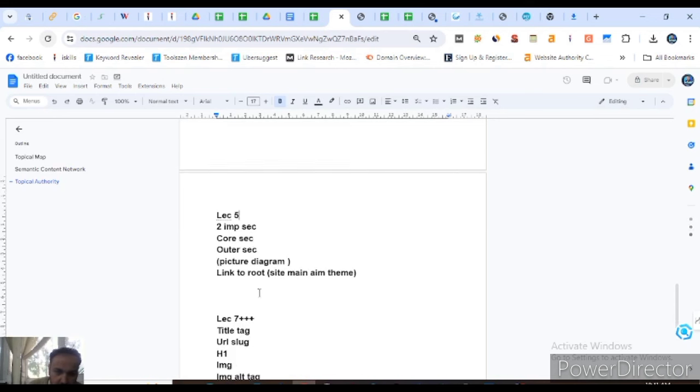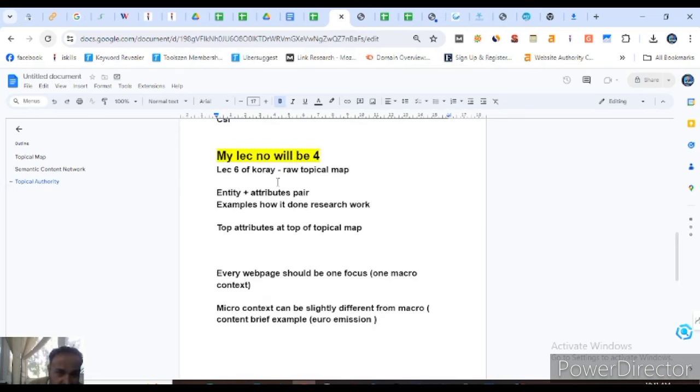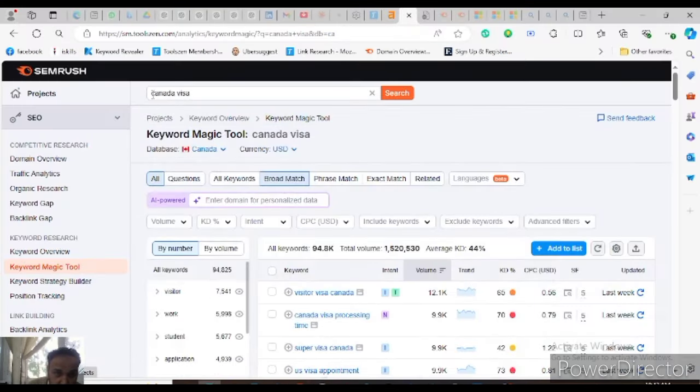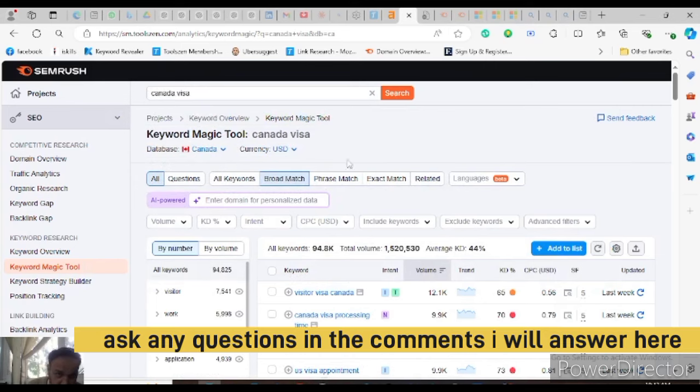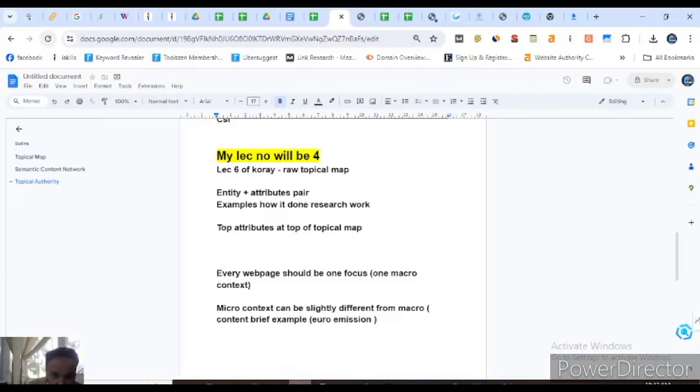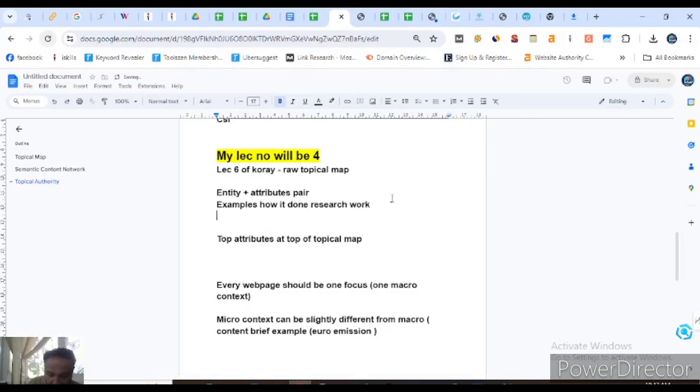But in the last lecture, I explored how you can do the research work. I gave you the practical way from where you can start a raw topical map. One thing is important in that, let me tell you: when you do this type of work, this is my core source context. For this, something more has to be added. You have to also go for an important thing: the top 5 competitors,